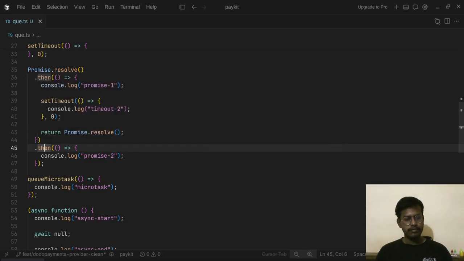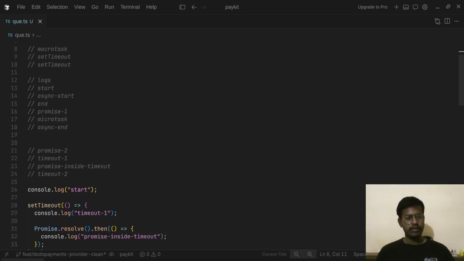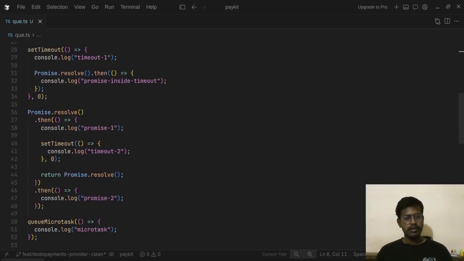It will do this thing inside the Macrotask queue, this callback, and this callback goes inside the Macrotask queue, and after this gets executed, this I have not written here, but this will get executed after this, and you can see